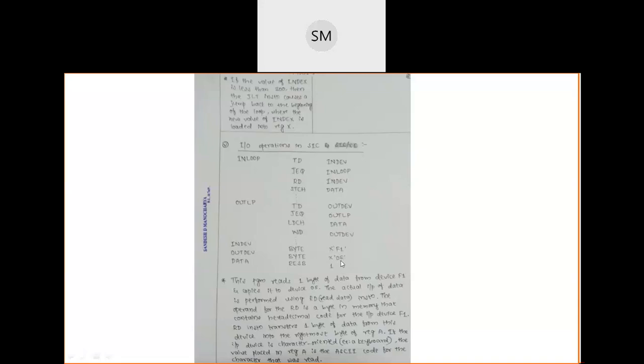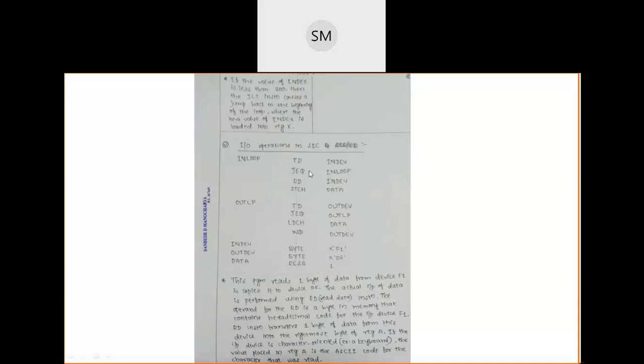These are fixed and standard hexadecimal codes for input and output devices. Hexadecimal code for the input device is F1 and hexadecimal code for the output device is 05. Remember, okay? Then RESB, the reserve byte assembler directive, will reserve 1 byte of memory for the variable data. If you write 2 or 3, that many bytes it will reserve, no problem. Here it is reserving only 1 byte of memory for the variable data.